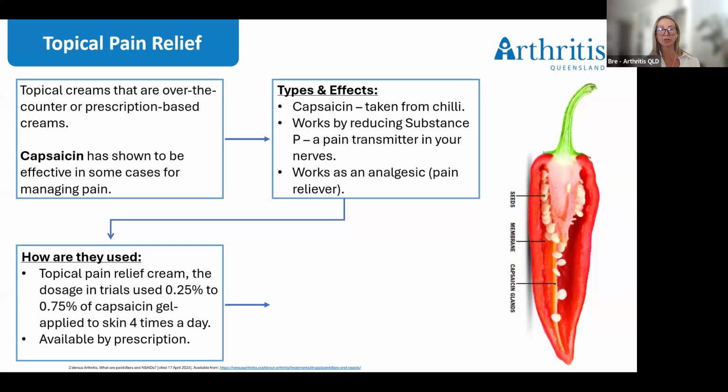So how are they used? The topical pain relief cream. So in trials, they were,